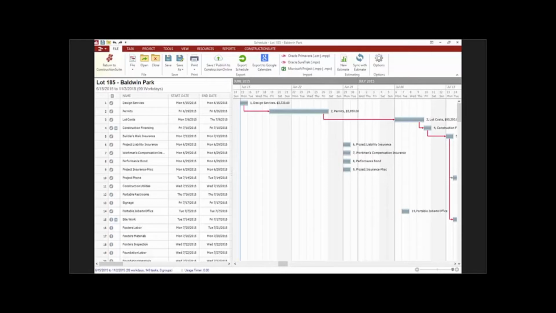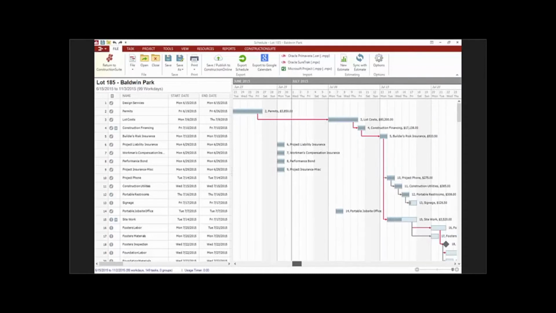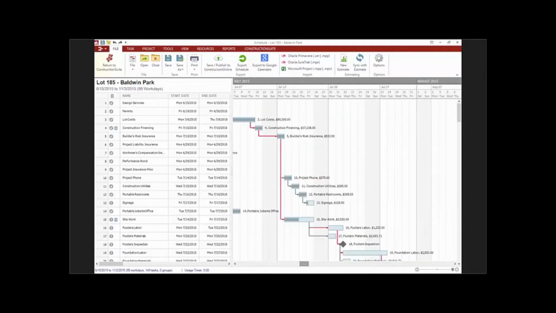Okay. Now, again, from within the schedule, you'll have the same accessibility options. Now, typically, if you're using both sides of our platform, this is where you would begin your scheduling process for a job. Now, once you have completed your baseline schedule, you would then want to make sure you upload this when you're ready to share it with your subs or maybe with the client on the job. And same as with the document that I showed you, you'll be able to upload that from the Construction Suite